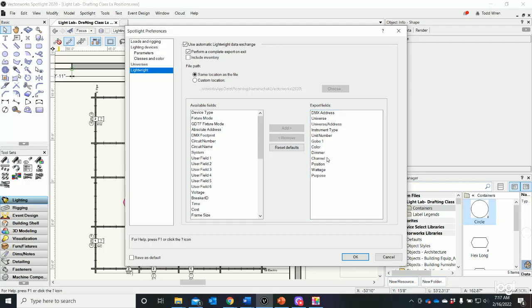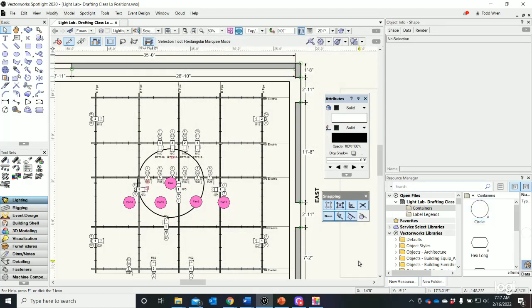Now that I've set my export fields up, I can check that. This has to be a hard check. It can't be grayed out. Let's say OK. What this has done now is saved an XML file, and let's see if I can go to my